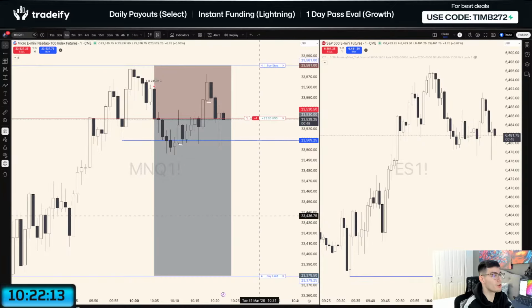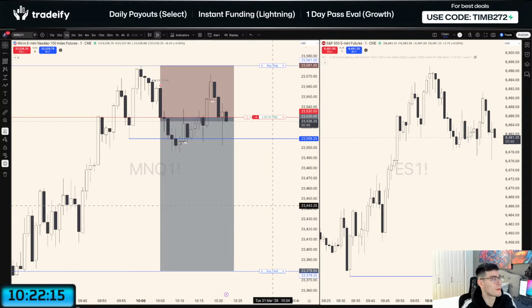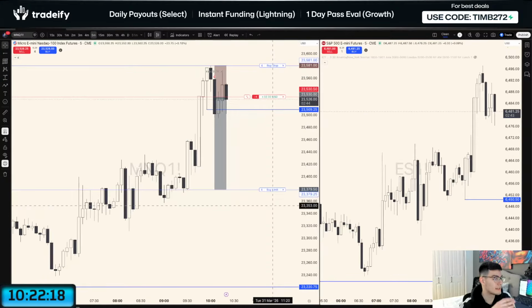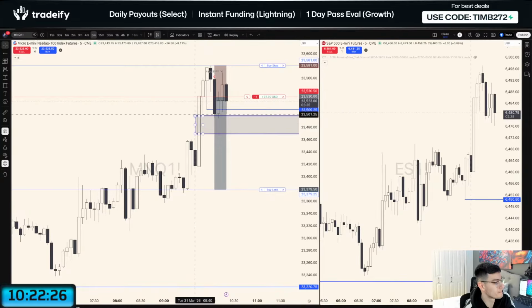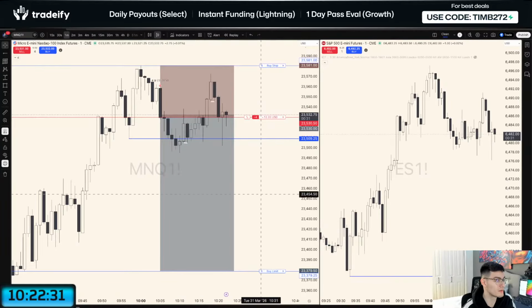That's the thing, though. I feel like the old way I used to trade, strictly based on inversions, I probably would have waited for this 5 minute gap to get inverted first before I took a trade. But I took a re-entry. I mean, if you believe in it, bro. You believe in the logic, but